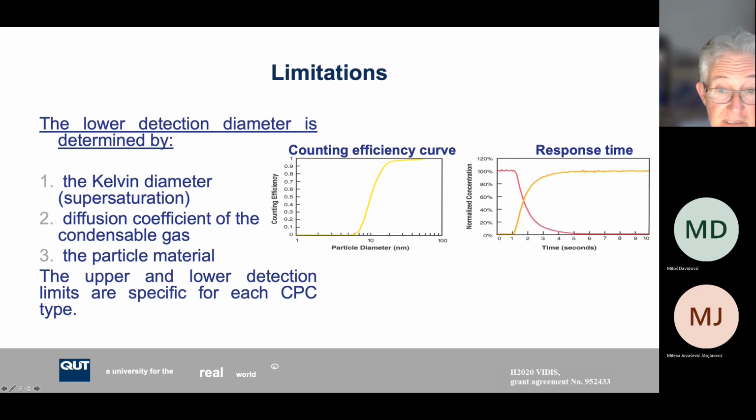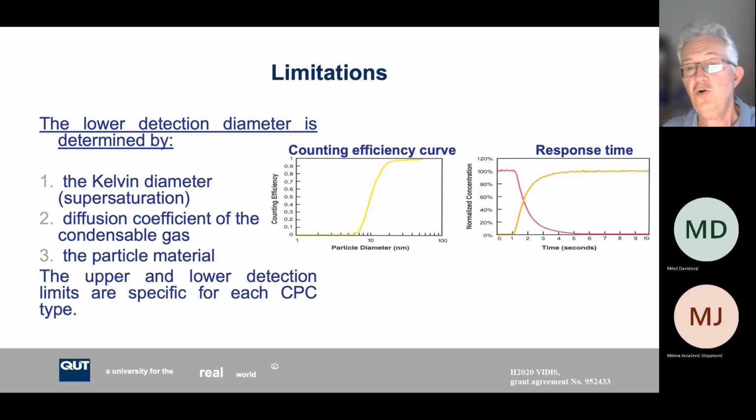The rest can't. What does this depend on? This depends on the working fluid, so butanol, water vapor, etc. It depends, as we said, on the saturation vapor pressure, or supersaturation that we can achieve, and also depends a bit on the composition of the particles. Some are stickier, some are less sticky, some can grow. Small hydrophobic particles can't be detected in water-based CPCs, while small water-absorbing hydrophilic particles can easily be